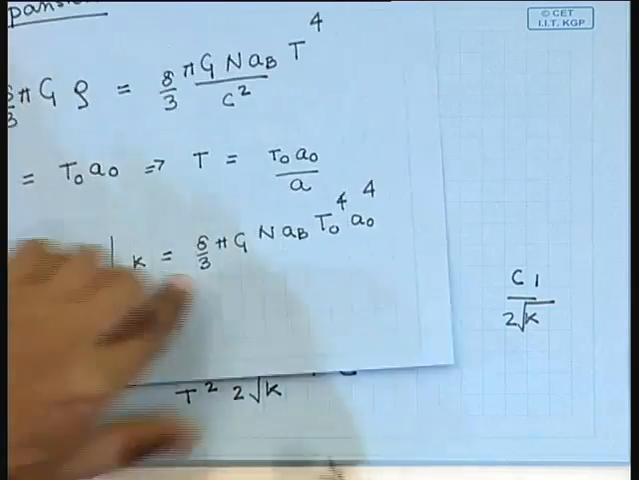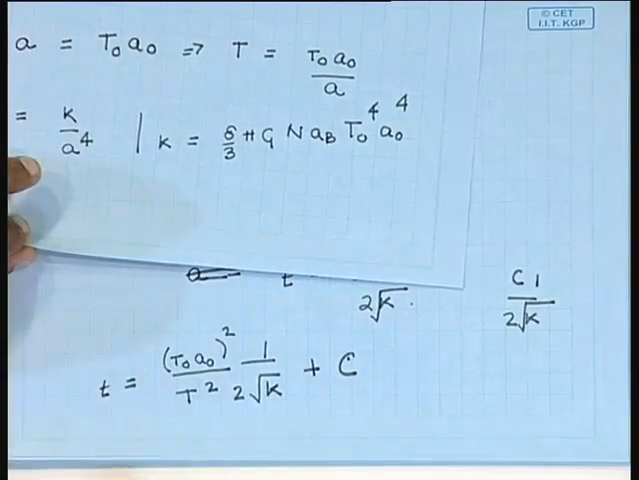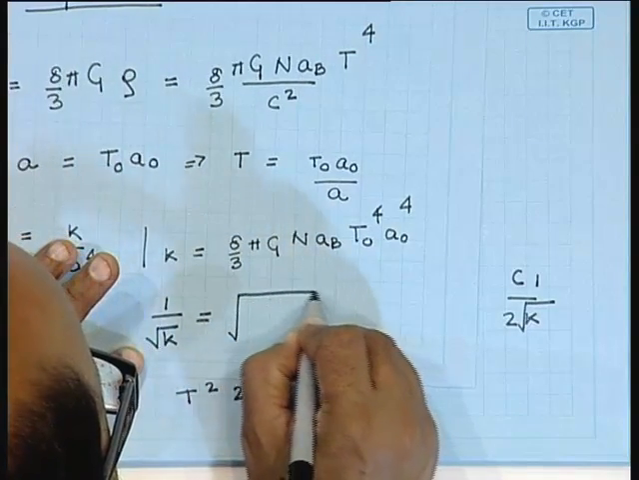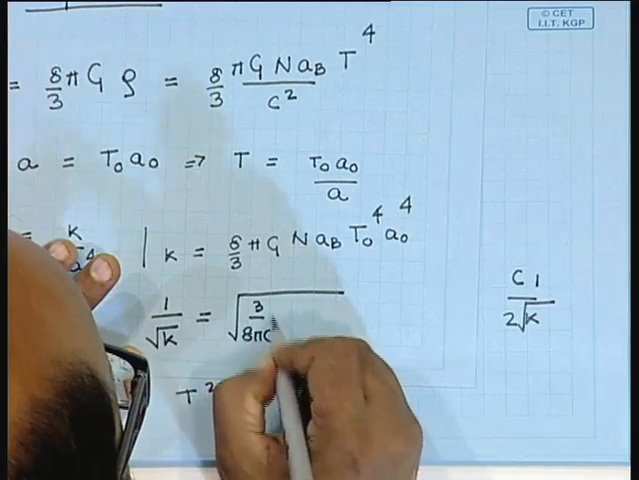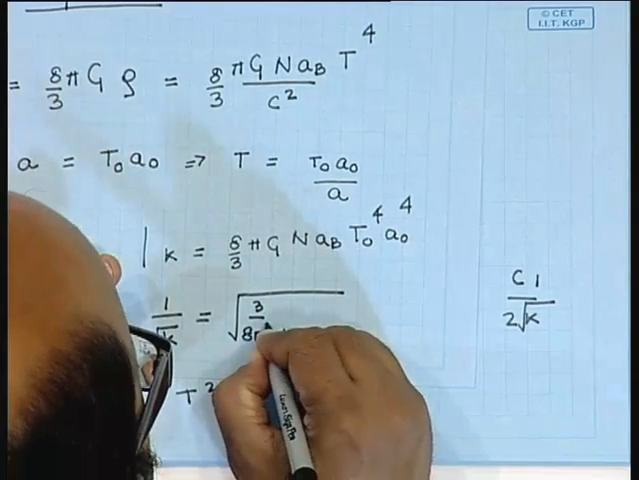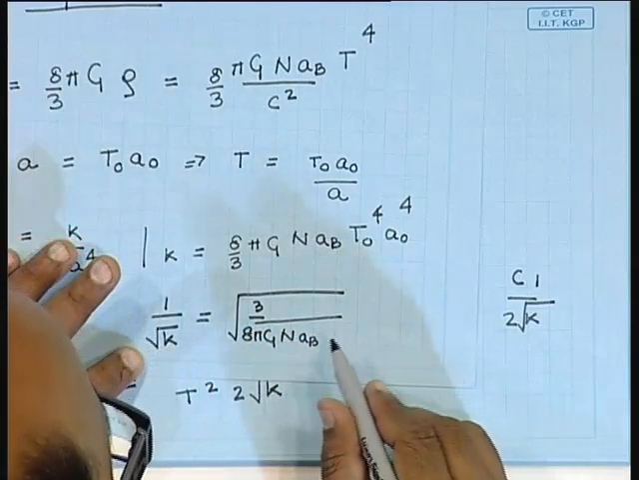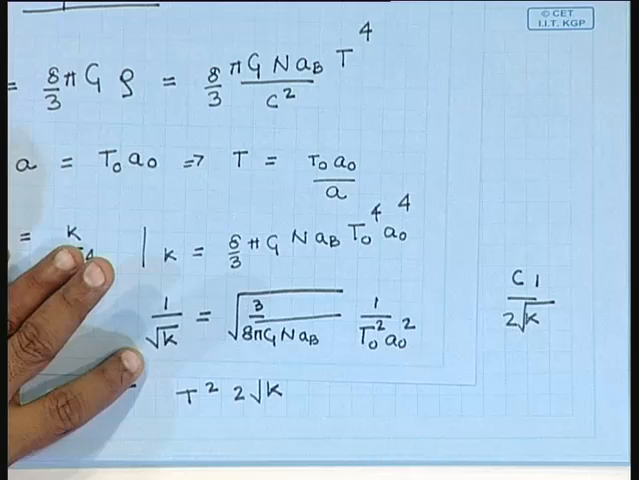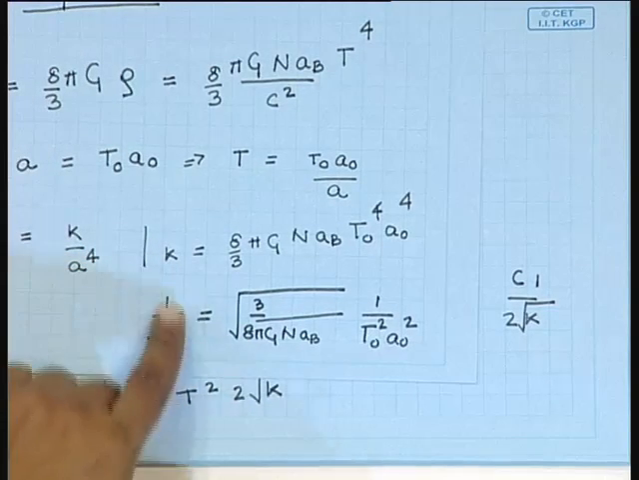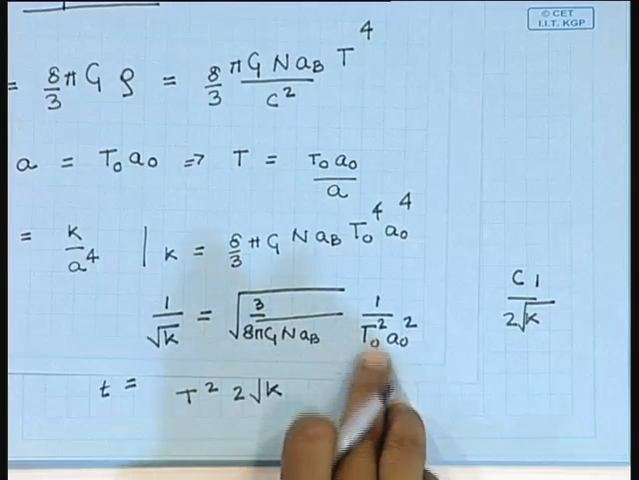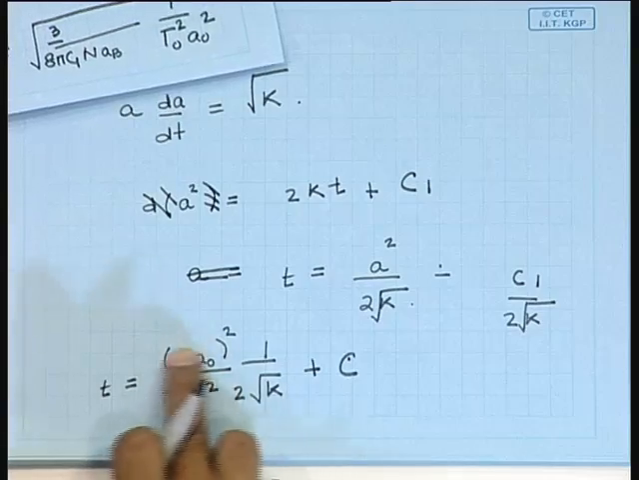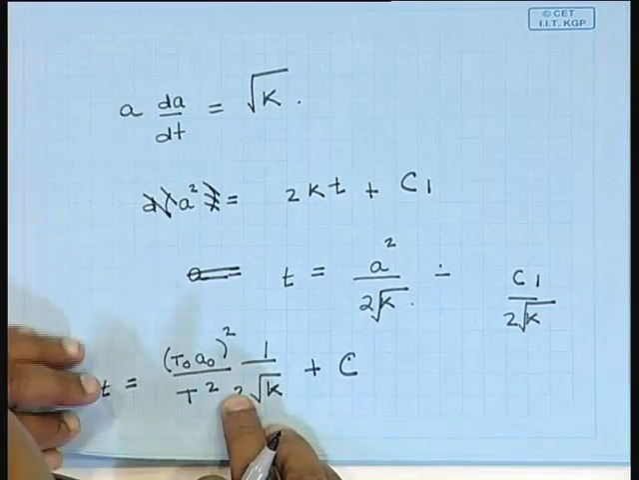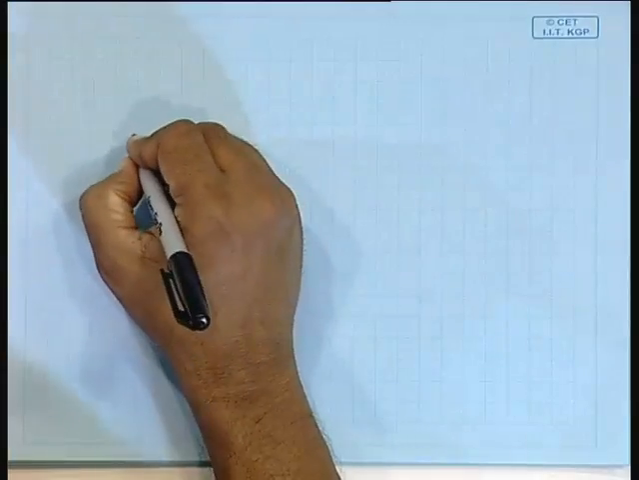Now, how much is the square root of k? Let me just write it here. So, what we need is 1 by the square root of k, 1 by the square root of k is equal to square root of 3 by 8 pi g n a b, and then I have 1 by T naught square A naught square, these factors here, right. So, when I plug this in here, this term over here cancels out exactly with this, and this 2 can be taken inside. So, what we have finally is that T is equal to